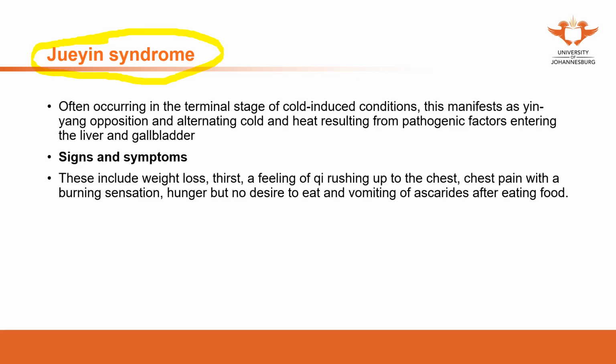The reason is also from the text, from the books originally. Under Jue-yin syndrome, the manifestations vary from many different aspects. It includes weight loss, thirst, a feeling of qi rushing up to the chest. What kind of feeling describes this? The patient can describe that they can feel something moving up from the abdomen to the chest. So that's a feeling of qi rushing up to the chest,